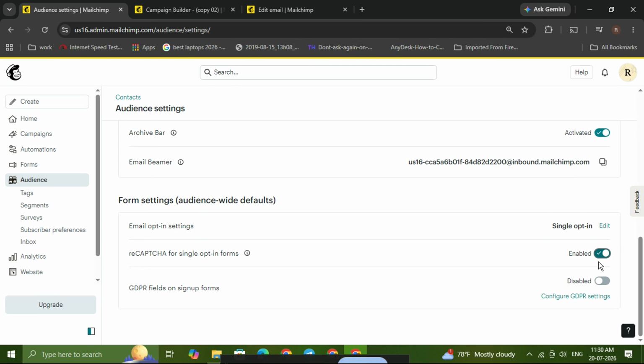fake entries. If you don't see the change immediately, refresh your page and double-check that the toggle is still enabled. It's also a good idea to test your sign-up form once after turning it on, just to make sure everything is working the way you want. And that's it. You've now learned how to enable reCAPTCHA in MailChimp to help prevent spam and improve the quality